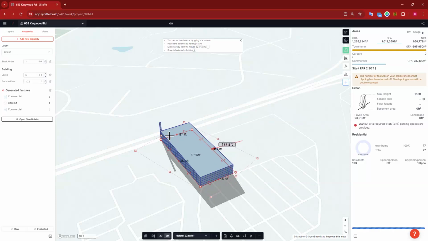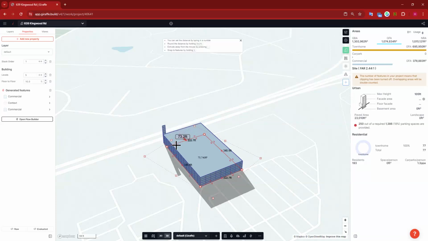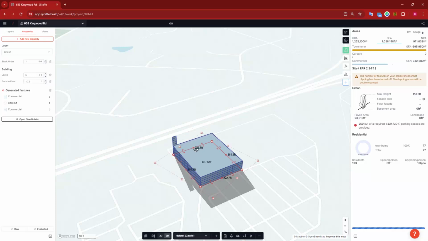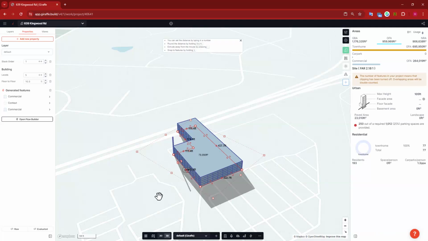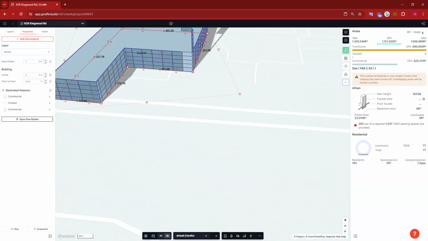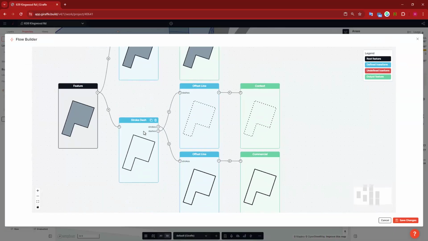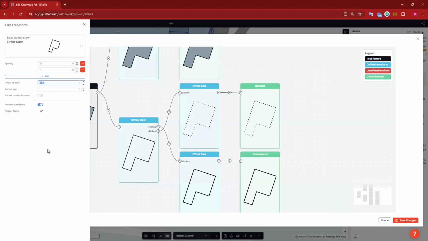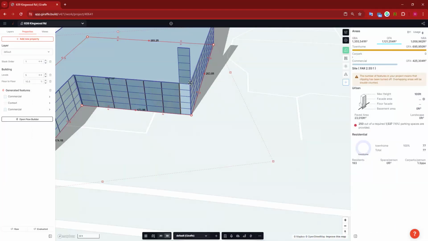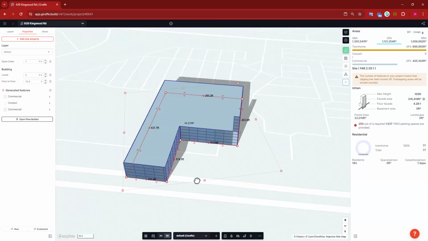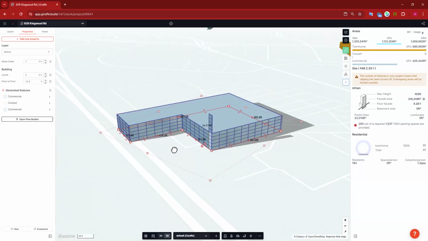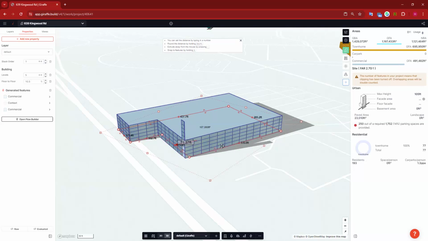Got some little skinny pieces here that want to stack apparently. So, let's see. This corner piece just wants to misbehave. What I could do, yes, get rid of the offset, maybe give it a 1 foot corner gap. Almost. It is a lot of trial and error. If I was being more careful about what my exact distances were, I also probably wouldn't be having this problem, but